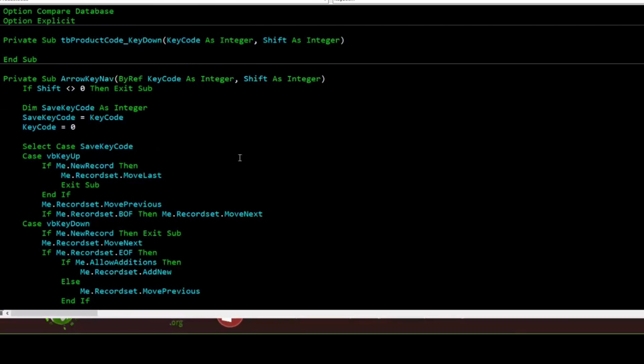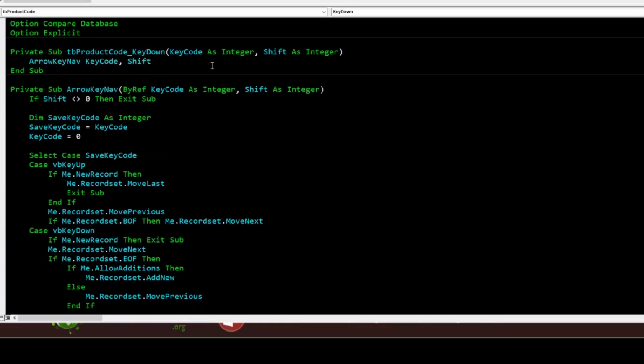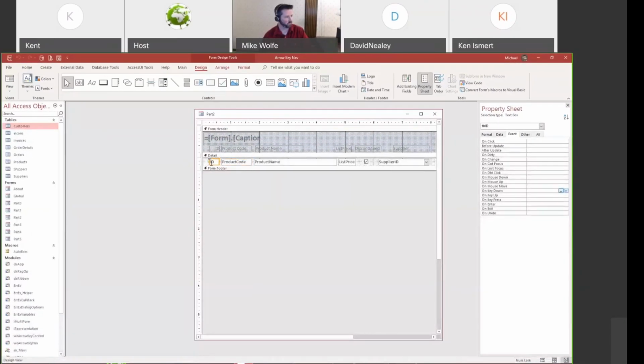Okay. So now that we've extracted that out into its own procedure, now we need to call it from each control. So we've got it in the product code text box. Let's go back here and we're going to call it from each one of these other